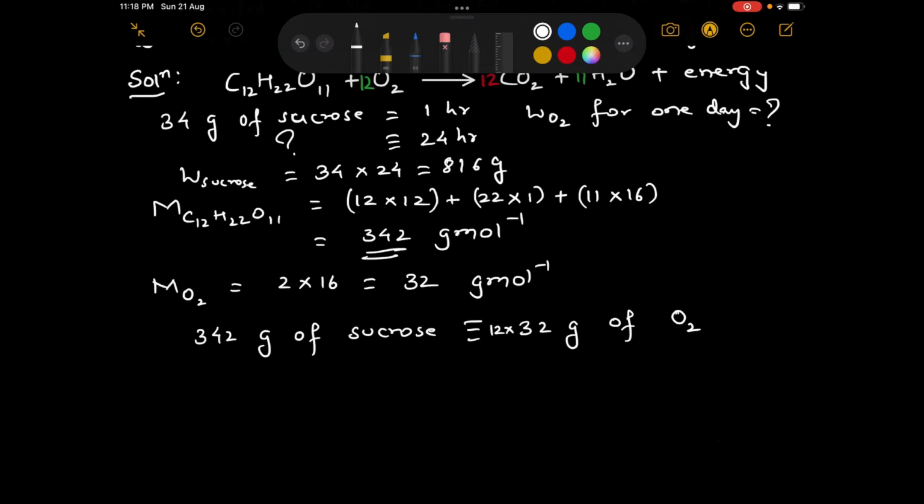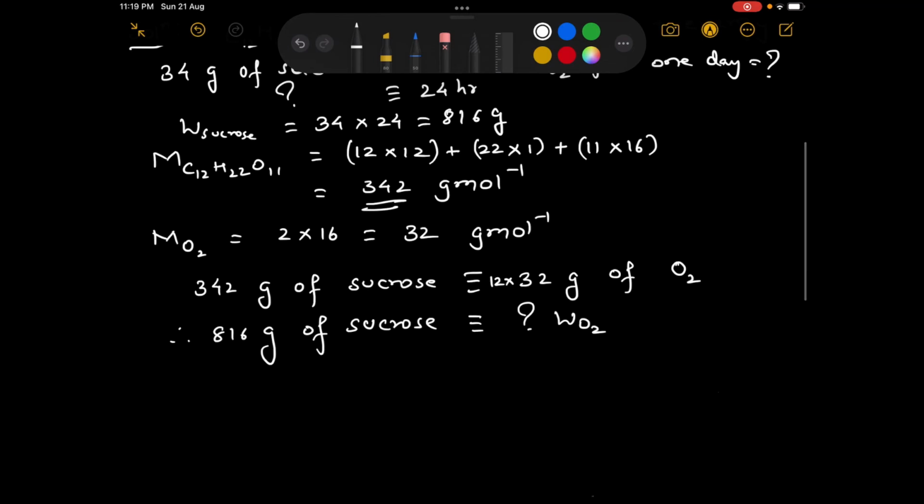Let's come back to the stoichiometric relationship. 342 grams of sucrose. So below that we will write down 816 grams of sucrose, which is the requirement for a day. This will correspond to a question mark, that is the mass of oxygen required for 1 day. So now it's simple. Cross multiply. Mass of oxygen would be 816 into 12 into 32 divided by